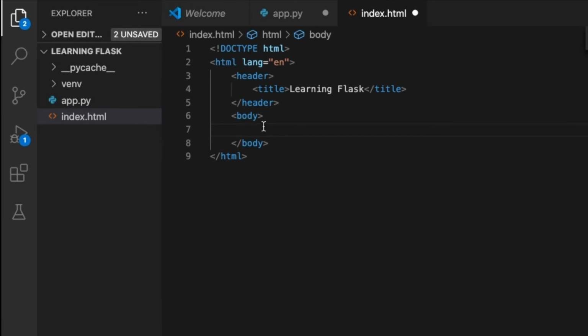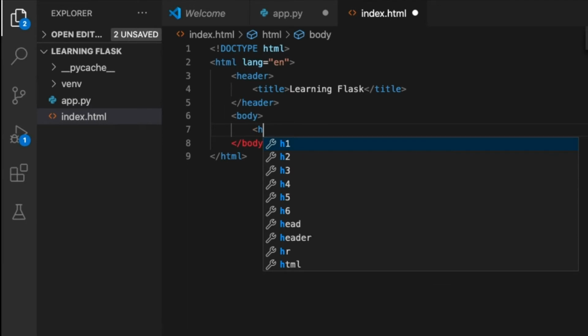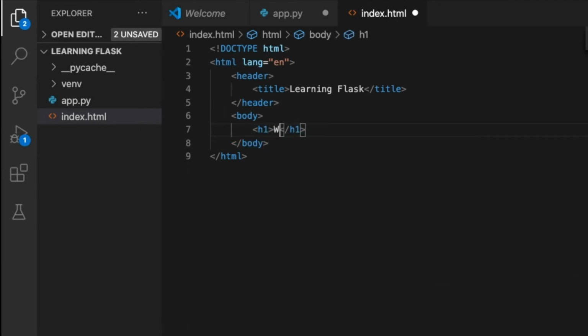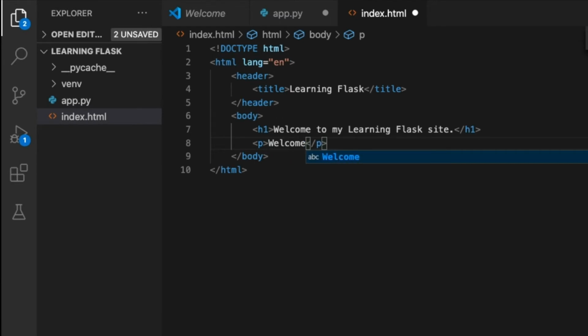And then finally we're going to put our body. And then let's say hello. Or let's do an H1, a heading 1. Welcome to my Learning Flask site. Then under it we can do a paragraph. Welcome. And now when we save this and load it,